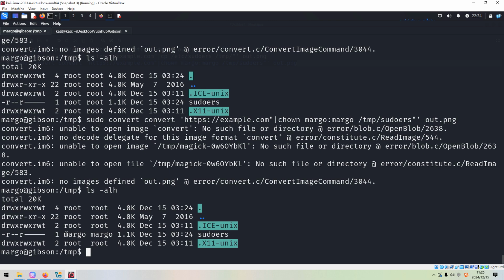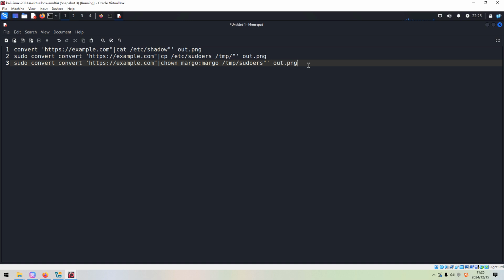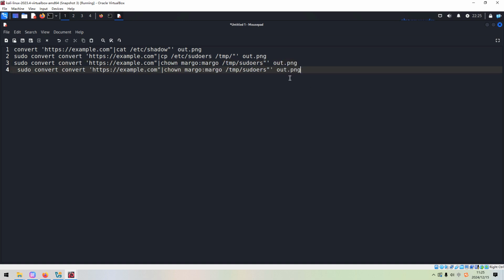Okay, now the owner and the group have been modified to Margot correspondingly. Next, of course, at this moment, Margot has only read privilege. We want to modify this file, so we can copy, paste in here.